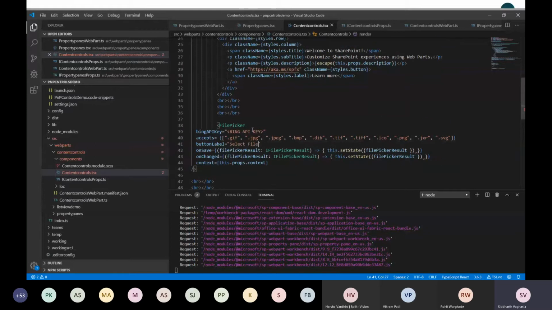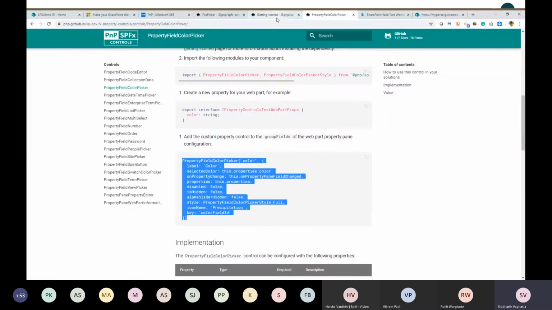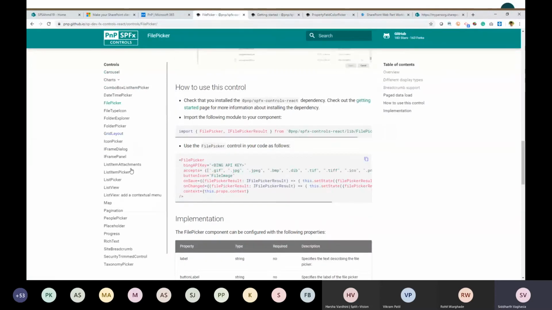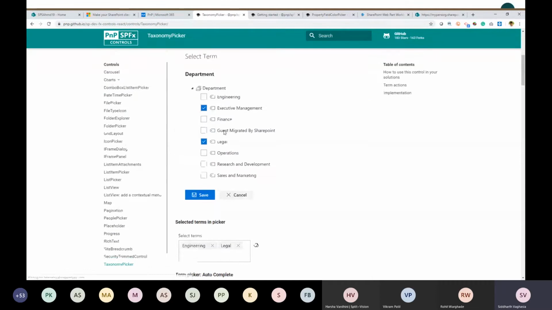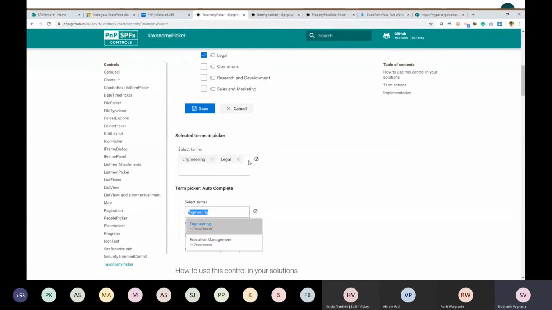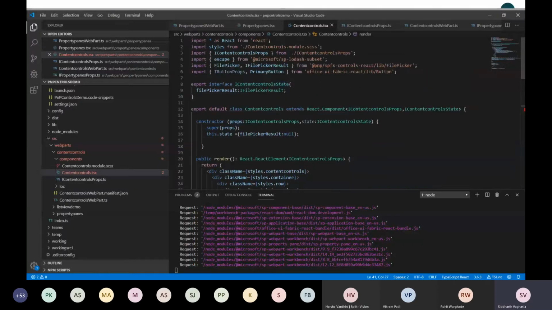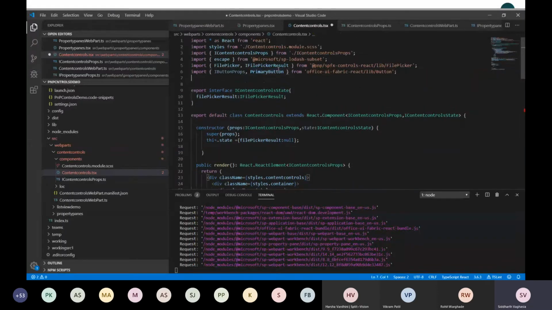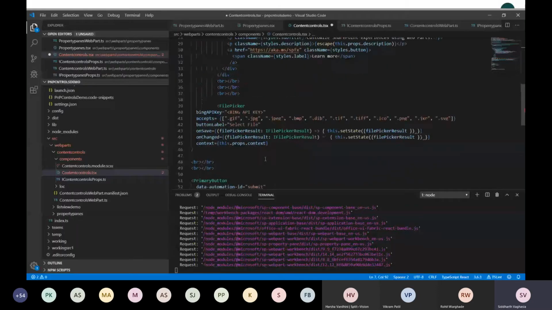The next control which we will see is the taxonomy picker control. This is the taxonomy picker which allows us to select taxonomy. Again, same thing: we import it and add the control into our React render method.